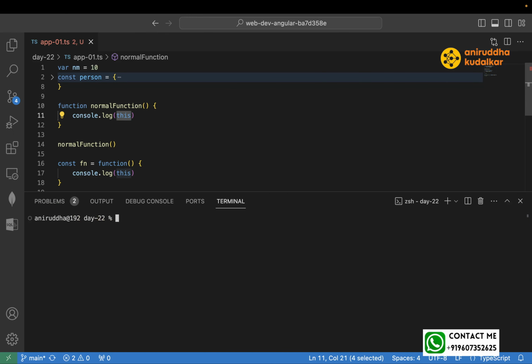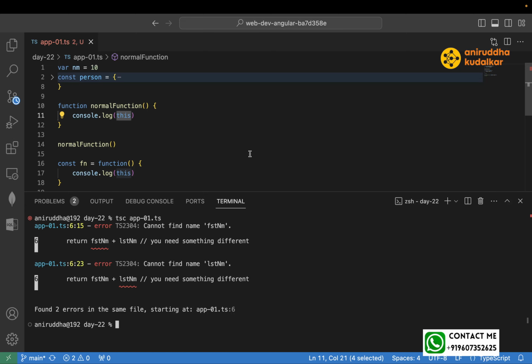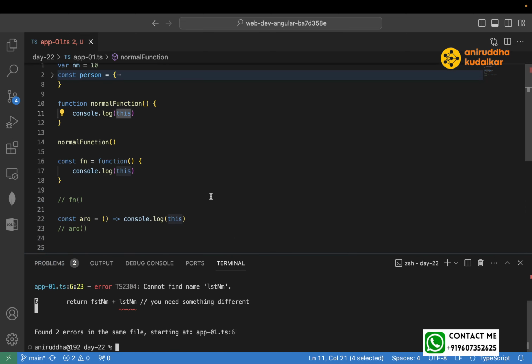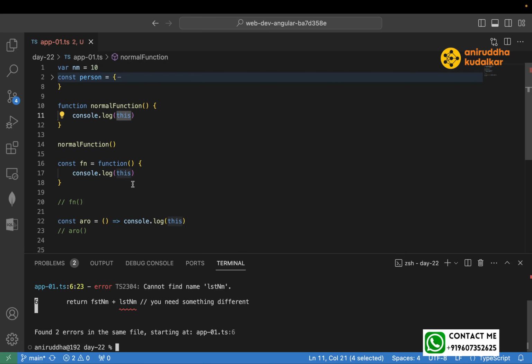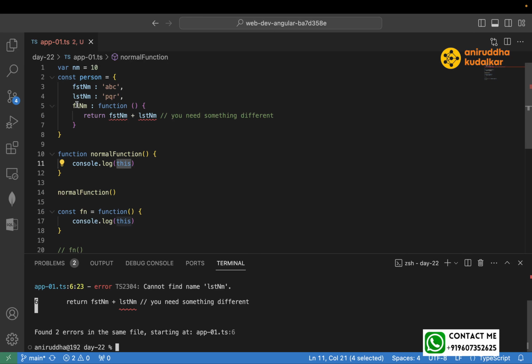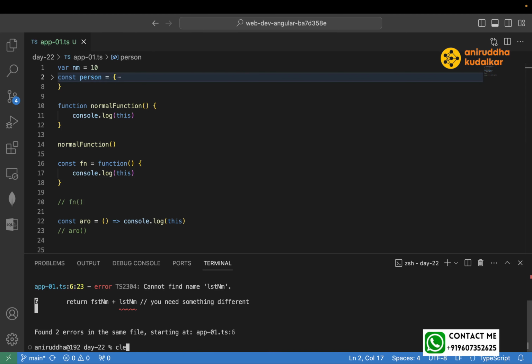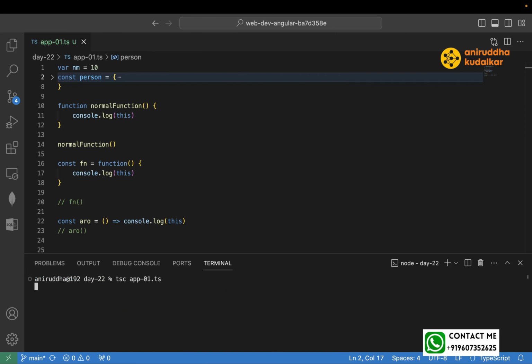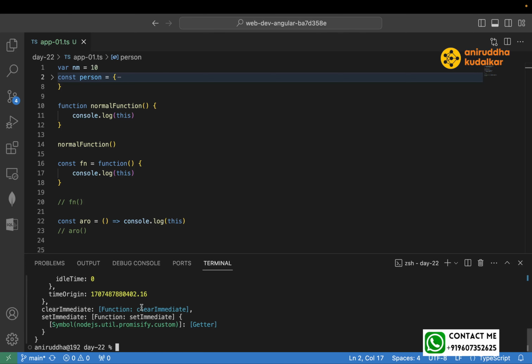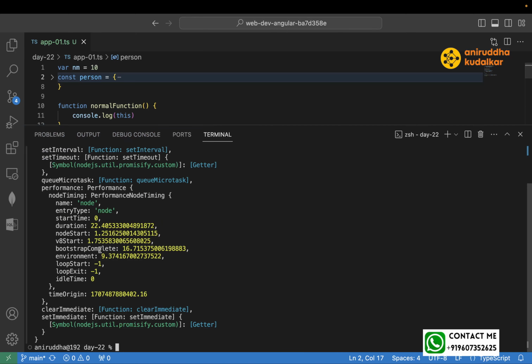Let's clear it. tsc app01.ts. Error. That code you have to comment. Yeah, we need to comment this thing. Then let's run it again. Okay, and node app01.js. Yeah, now if you see over here,